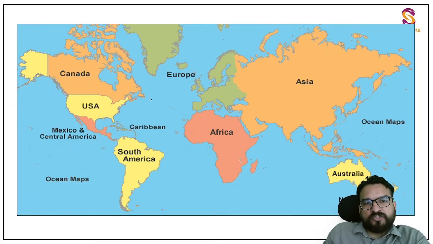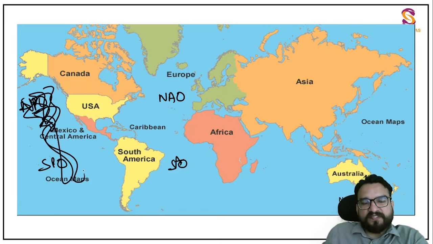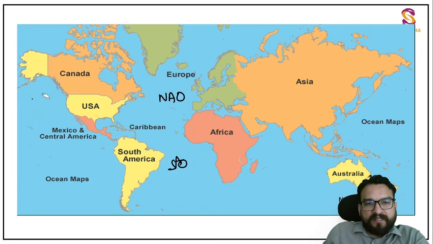So now you see the seas or oceans which are present over here. This is the North Atlantic Ocean. This is the South Atlantic Ocean. This is the South Pacific Ocean. This is the North Pacific Ocean. Also, you are seeing that this is the Pacific coast over here, the entire Pacific coast, right? But over here, there will be certain small seas also, some small gulfs also you are going to see now, which we will understand in this particular lecture only.